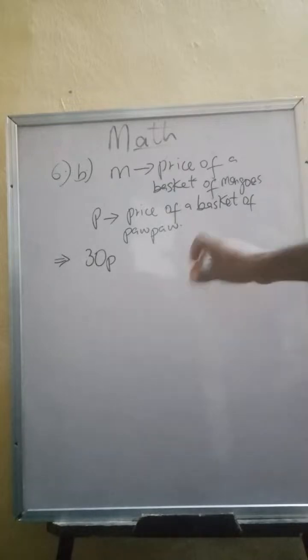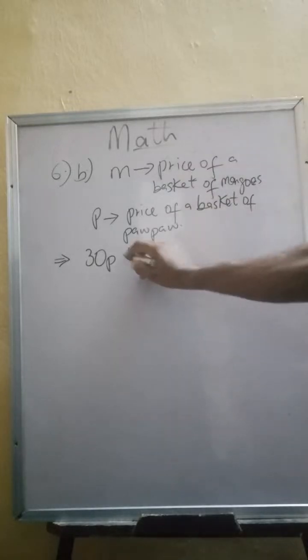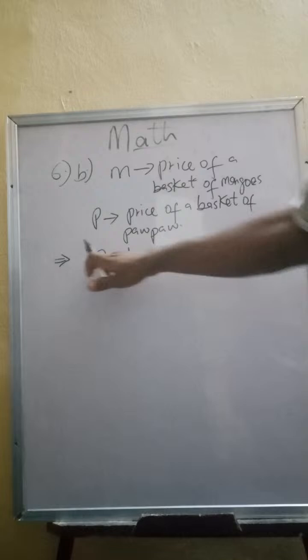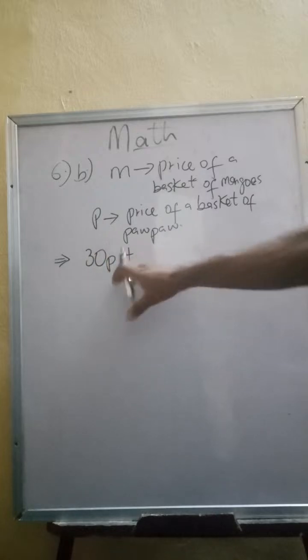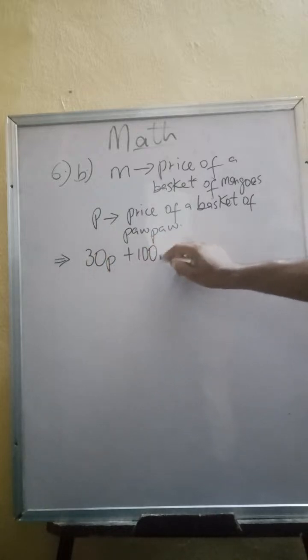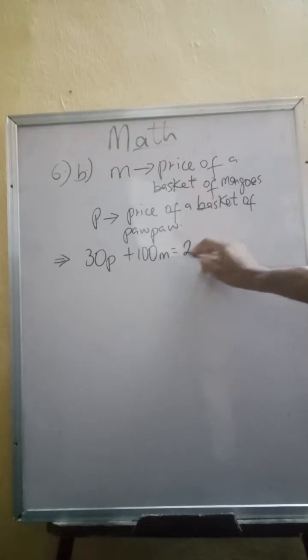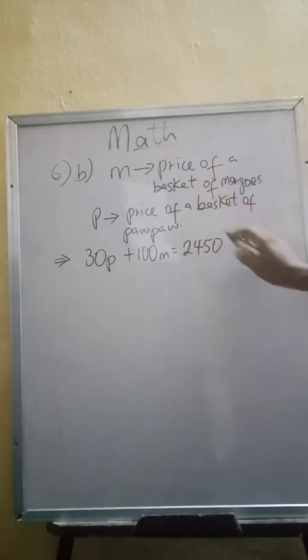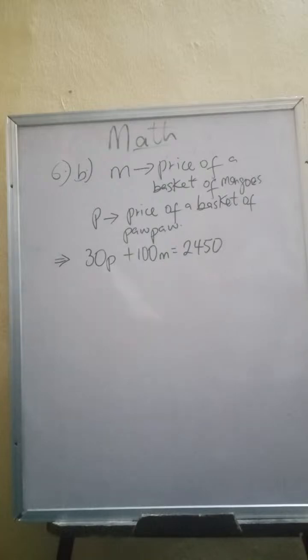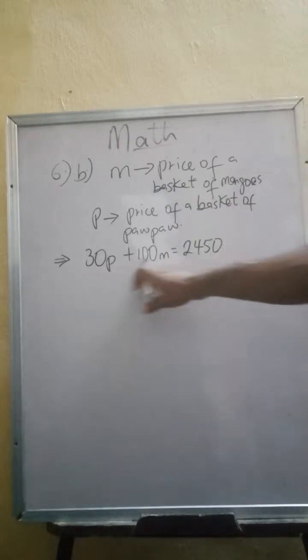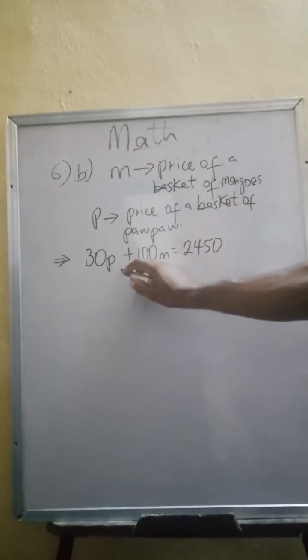30 baskets of pawpaw, and so the price of the 30 will be 30 times the price of one basket plus 100 baskets of mango, and that equals 2,450. Now before you call it equation 1, let's break it down to its lowest terms, and you notice that 10 can go into everything. So divide